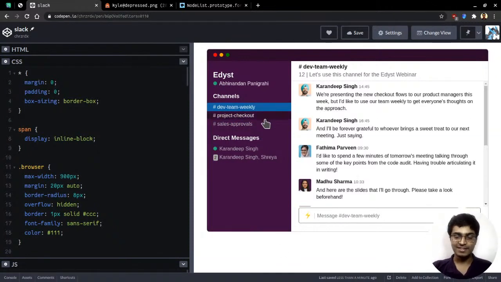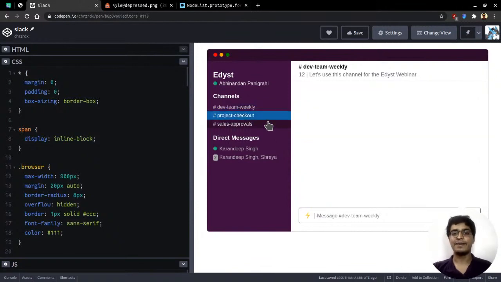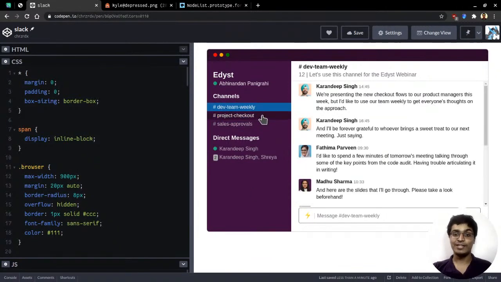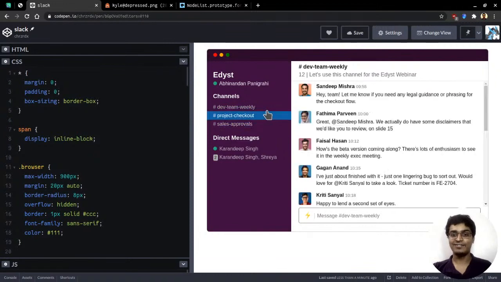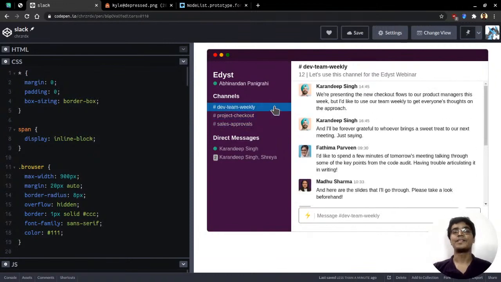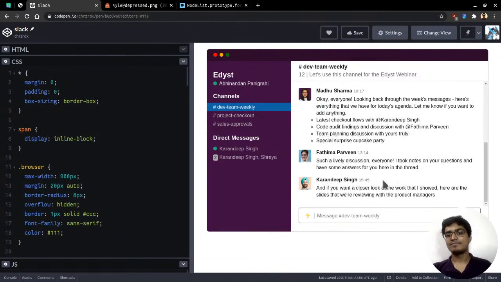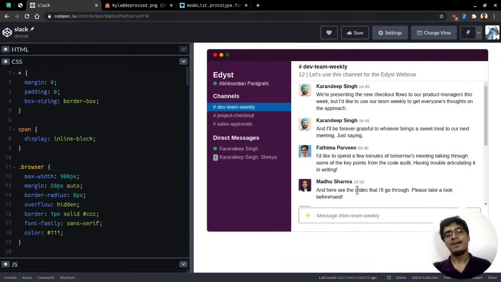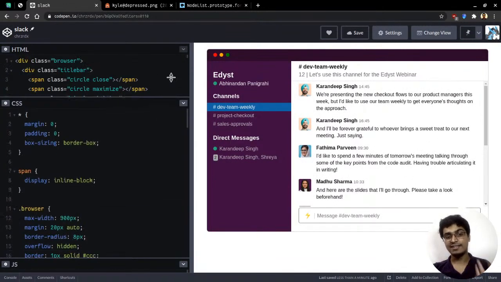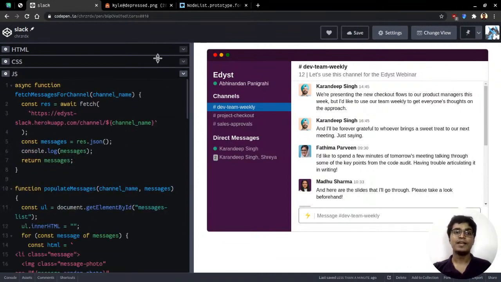This is the first webinar that we've done at Edyst where our project is actually reacting to the channels that we click on. Okay. And we could have done things like showing the different times, the different images coming up. We can actually add emojis. Those are another thing that the Edyst API gives you. I'm going to share a link to the Edyst API in the description once this is done, so you can go ahead and